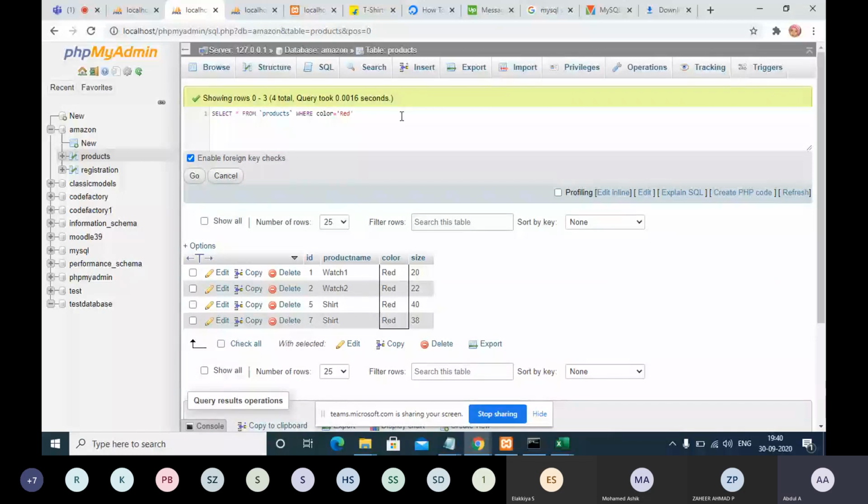That is one condition. The other condition is, one second guys, I think my battery is low.